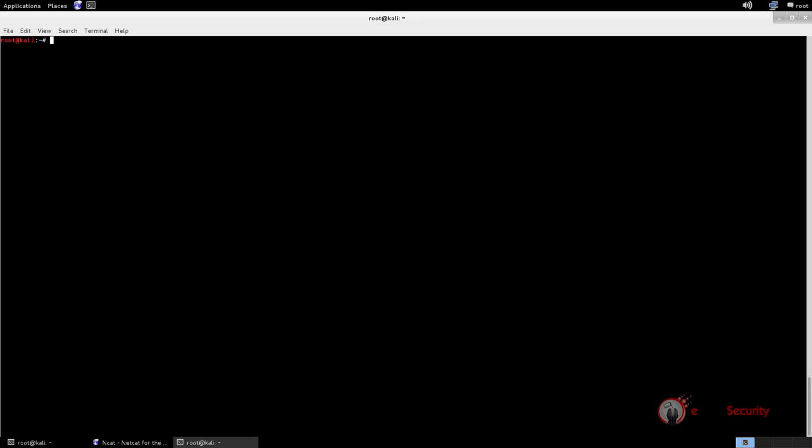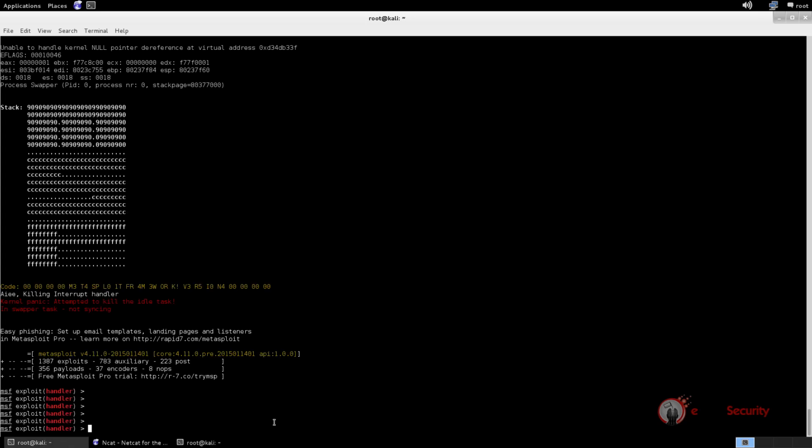It is similar to the previous shell obtained with NCAT, but it offers many other features. So let's see how we can create and install a backdoor on the victim, and then execute commands and scripts in order to obtain information from it. The easiest way to install a backdoor on the remote system from the Meterpreter shell is by running the module named